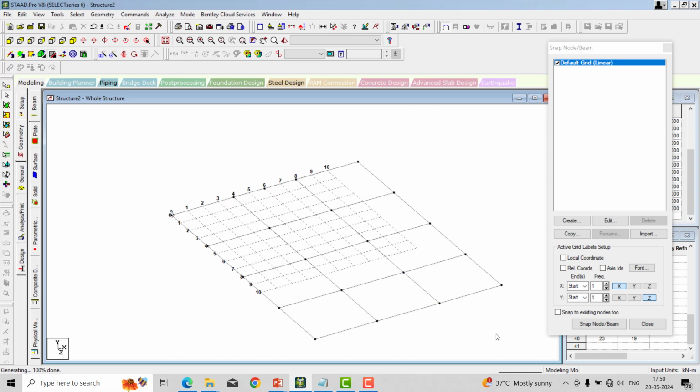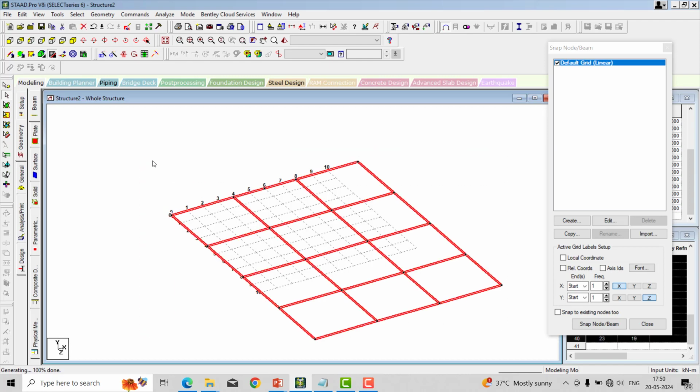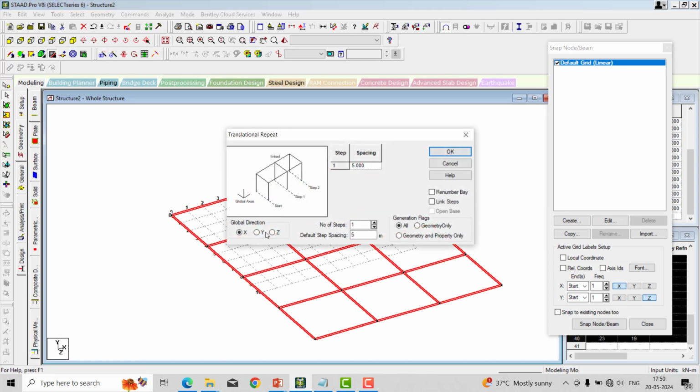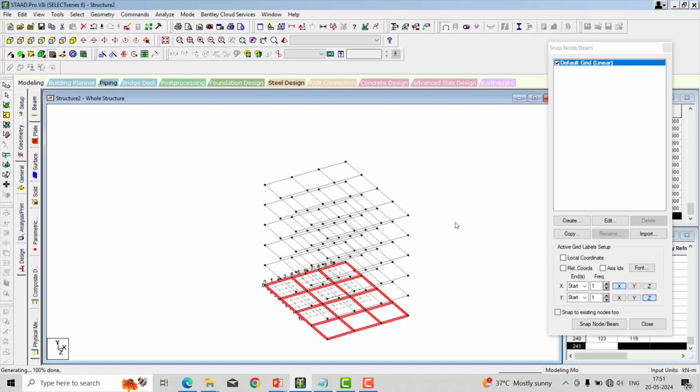In the same way, if I want to copy all this, either you can just select all like this or else press Ctrl A to select all. Click over the translation repeat. Now I want to copy it in Y direction. Default step spacing is nothing but story to story distance, you can say, that is 3 meter, or else you can change. Next, number of steps are nothing but number of stories. You can go with 10, 20, 15, whatever it may be, and then hit OK. So this is how I can copy the exact plan in the Y direction,